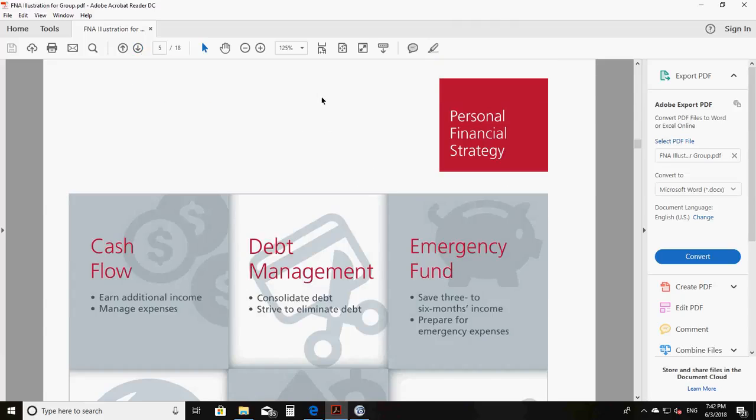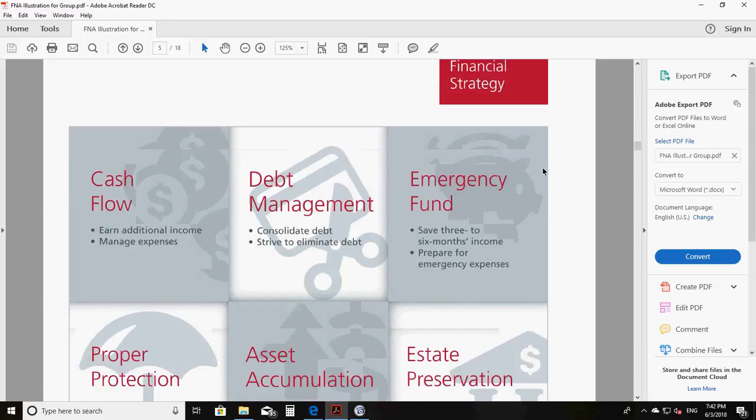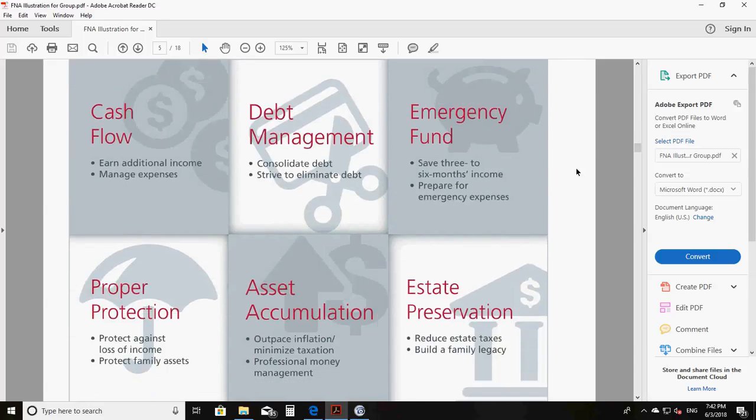Page 5 is going to introduce the building blocks of the report strategy. There are 6 building blocks. What we do is we introduce them here, we analyze them for the client's unique situation, and then we end the report on making any next action steps